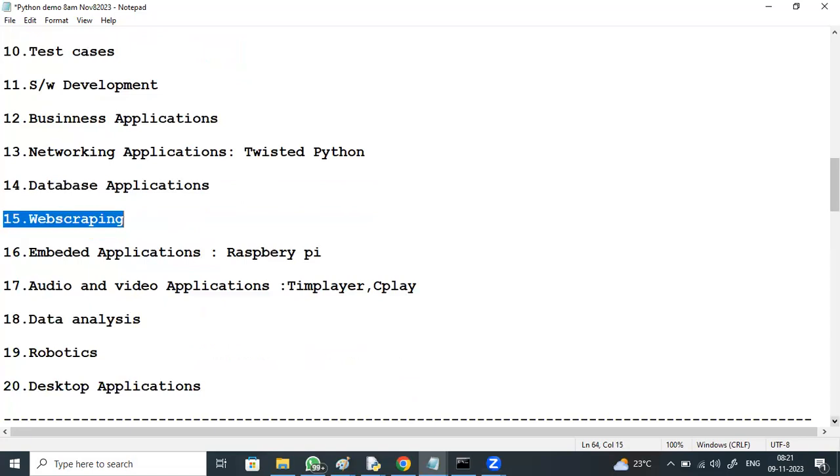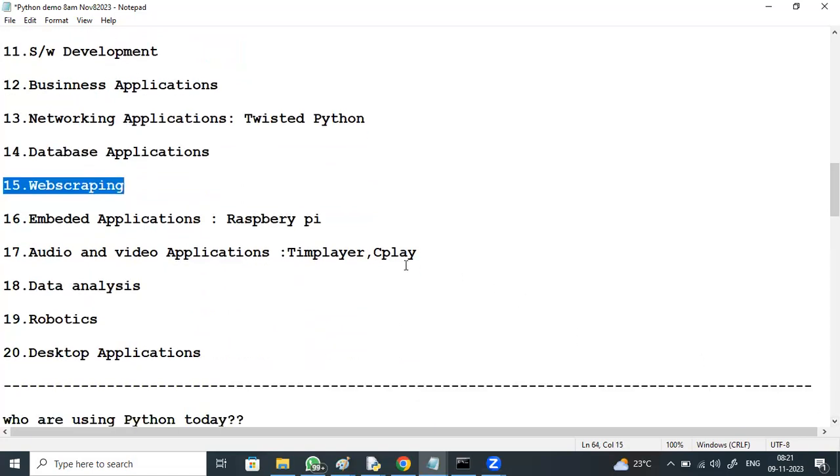For embedded applications, one famous example is Raspberry Pi, which uses Python for its computation. For audio and video applications, some are developed using Python, like Team Player, C Player. And for data analysis and robotics.